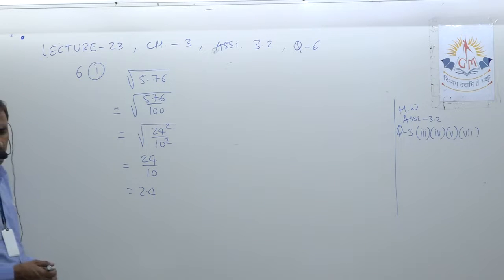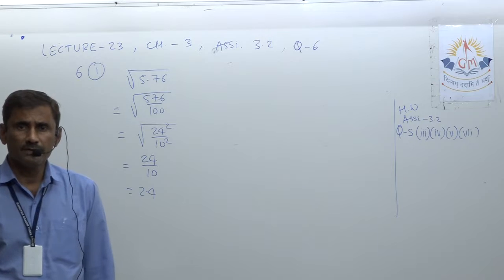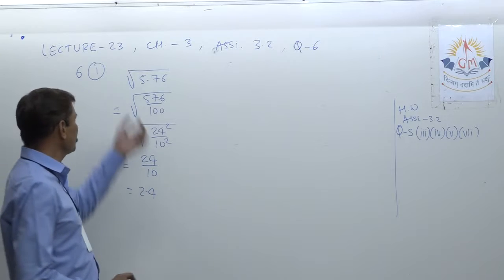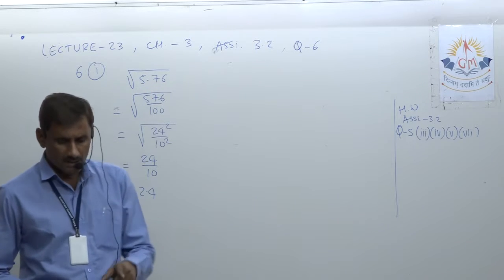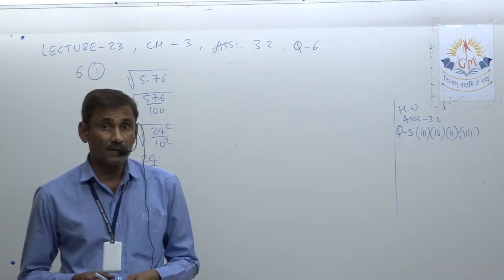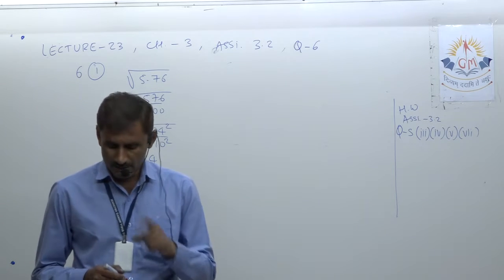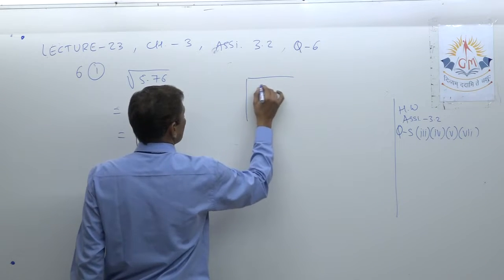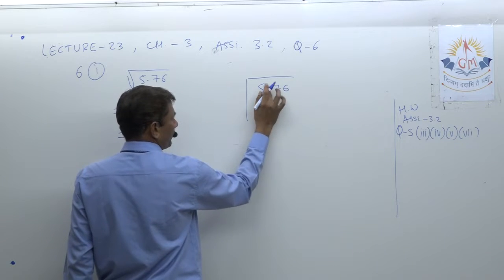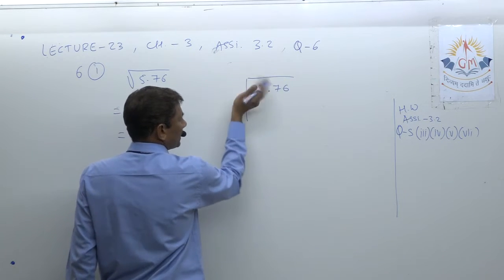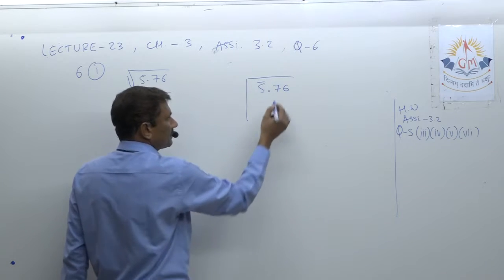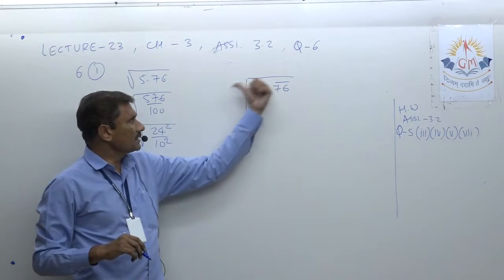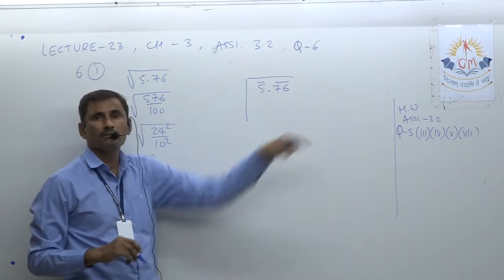Now the same sum I want to solve by the long division method. I advise you to apply the long division method everywhere. This is quite a simple number, that's why the other way is possible here. Otherwise, in all remaining sums you have to apply the long division method compulsorily. Now look, the same sum I just solve that way. So it is 5.76 here. How to make pairs? From the point only, you go to the left side and the right side. Here one digit only on the left. Understood?